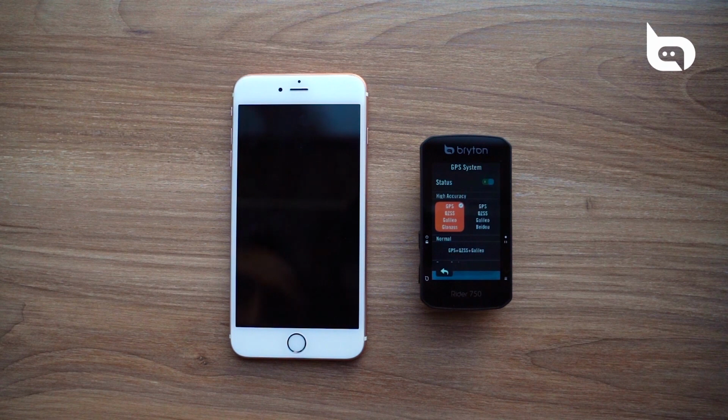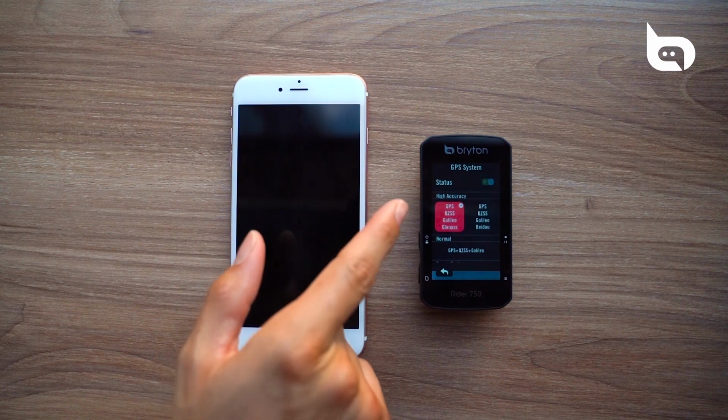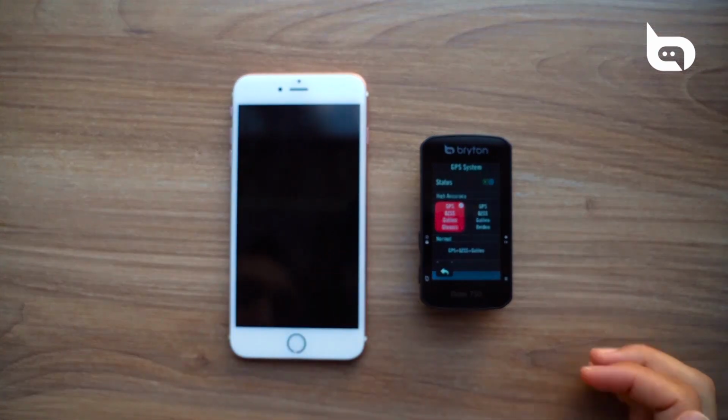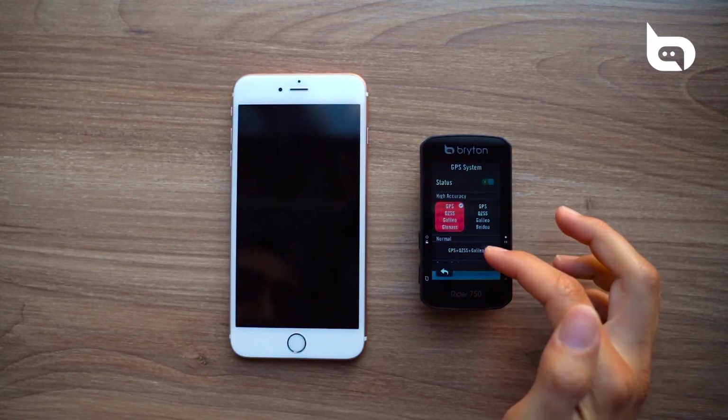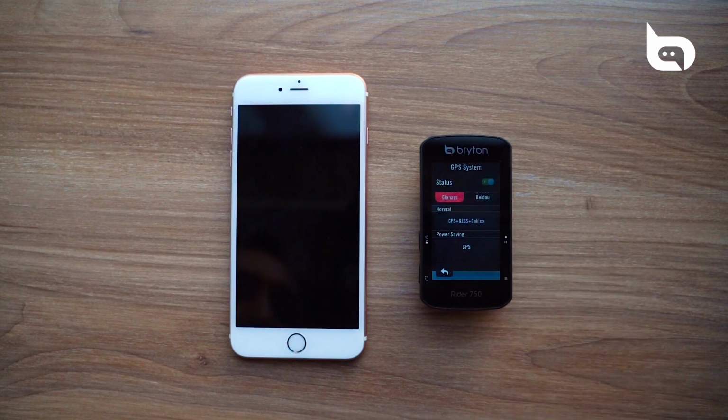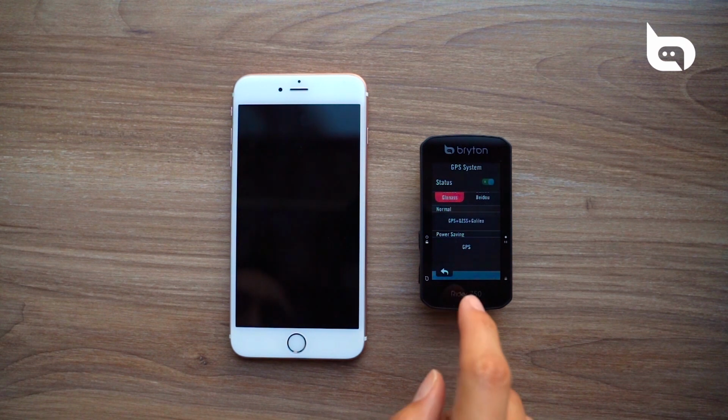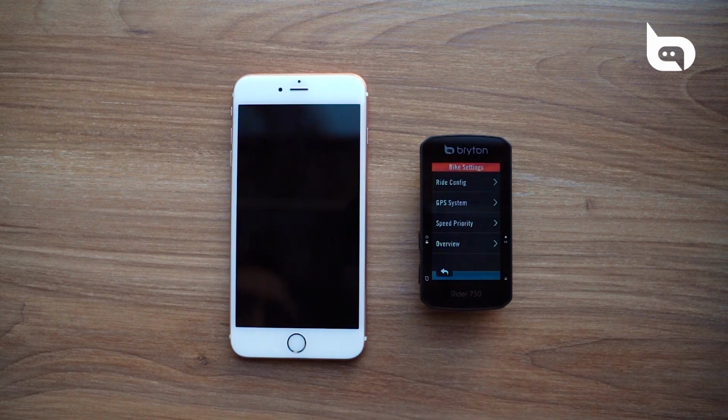And looking at our options, I'm going to look at the high accuracy area, and I want to select the first one with Galileo listed. However, there are other options such as QZSS and Galileo or Power Save with just GPS, which will increase your overall battery life, but with slight sacrifices to GPS accuracy. If this looks okay, we'll again return and go back to the overview.